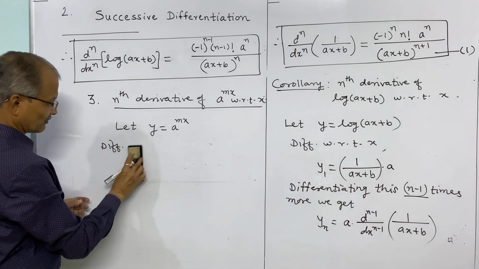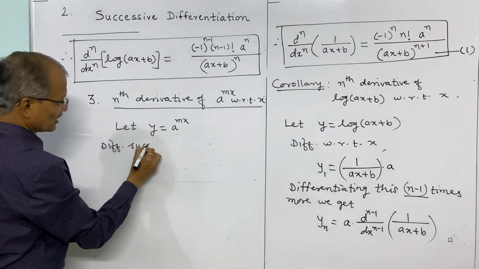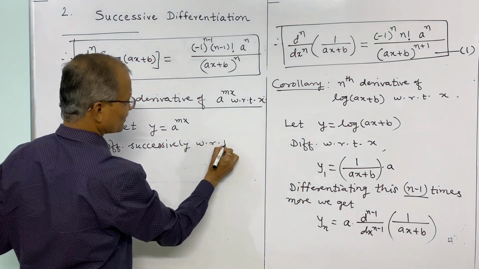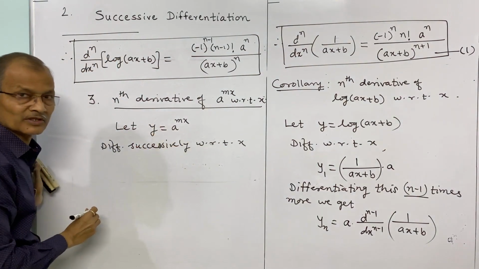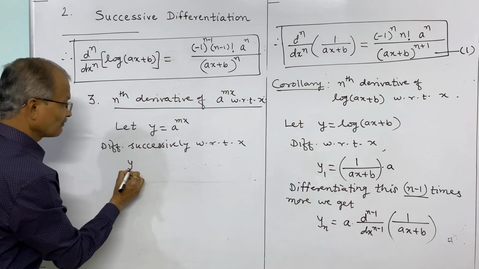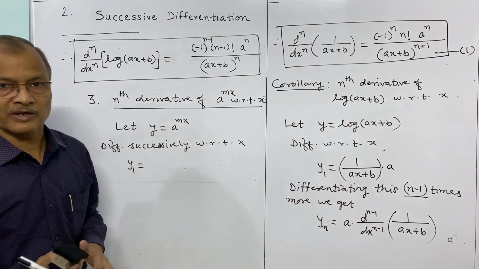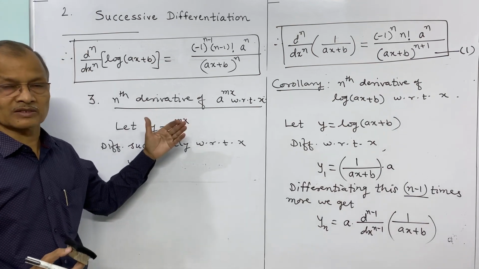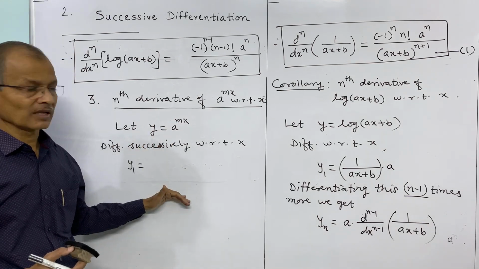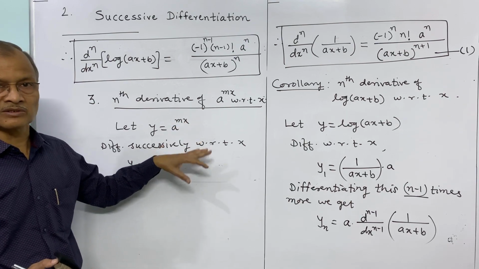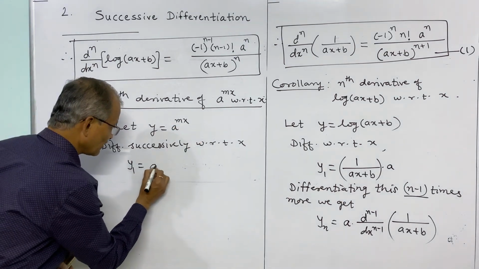The first derivative is y1, and we know the derivative of the exponential function a to the power x is a to the power x into log a, and here a to the power mx, the derivative is a to the power mx into log a, and further we have to